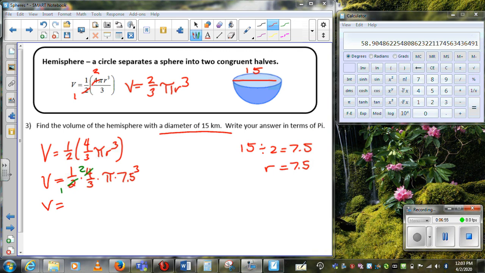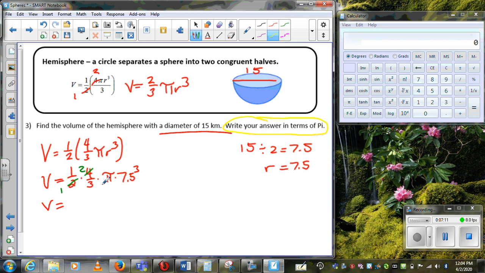However, I didn't read the directions, did I? Because the directions say write your answer in terms of pi. So I goofed here. So now I'm just going to clear this, and I'm going to do this correctly. And when it says in terms of pi, we actually don't hit the pi button on our calculator. So I'm just going to do this again, but instead of hitting the pi button, I'm just going to do everything else. So I'm going to do 2 divided by 3, hit enter,